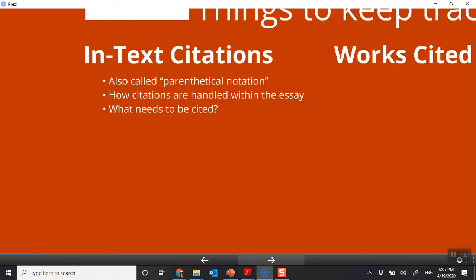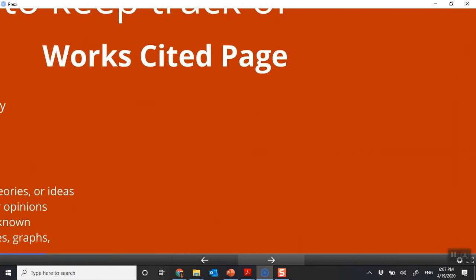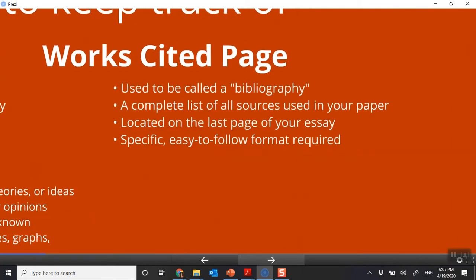At the end of the sentence, you put the author's name and the page number within parentheses. You do this anytime the ideas come from somebody else: direct quotes, paraphrasing, another source's research, theories or ideas, another source's argument or opinions, facts that are not commonly known, another source's visuals, tables, graphs, images, statistics, etc.